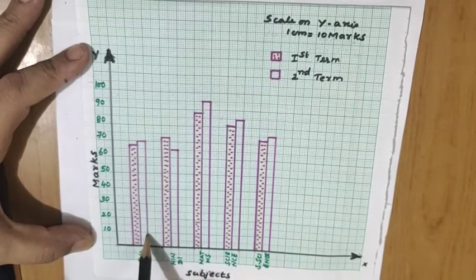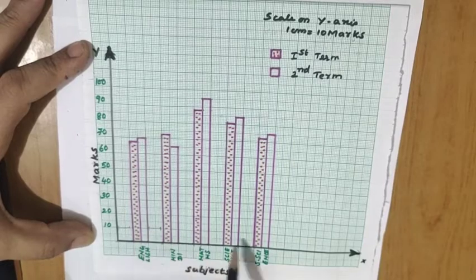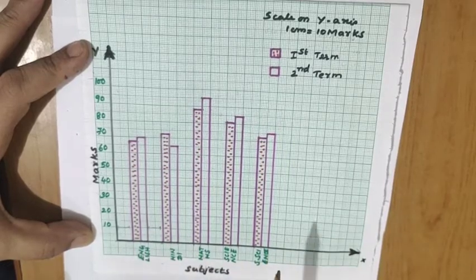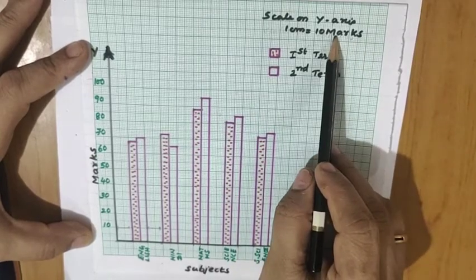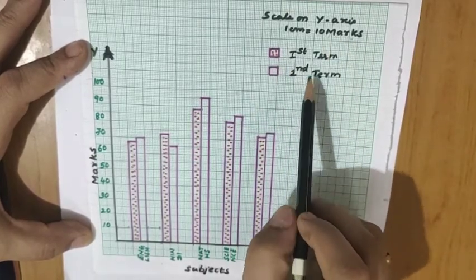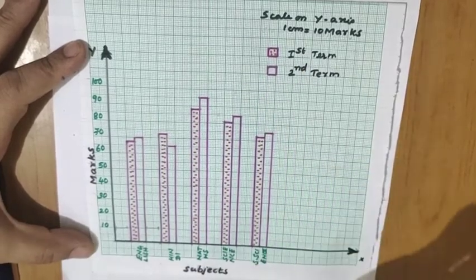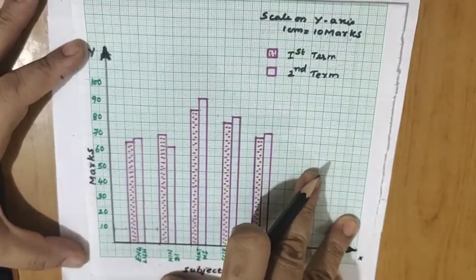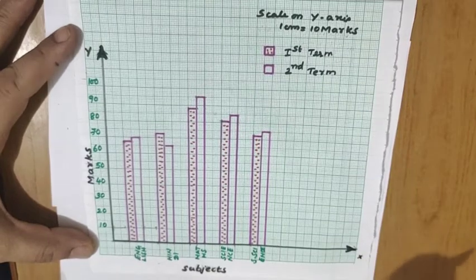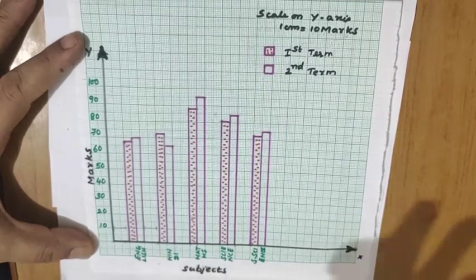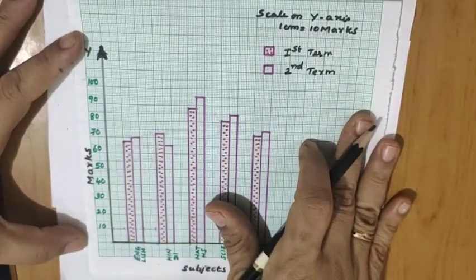Again you can see 1 centimeter gap only. Here also 1 centimeter, here also 1 centimeter. So between the bars it is 1 centimeter. And other important points we have to remember: the scale to be written like your bar graph, and the key to be written, which shows your first term and which shows your second term. So already you know how to draw the double bar graph. I have just shown it and told the points you have to keep in mind. Like that you have to complete the graph and paste it after the question in your homework copy.